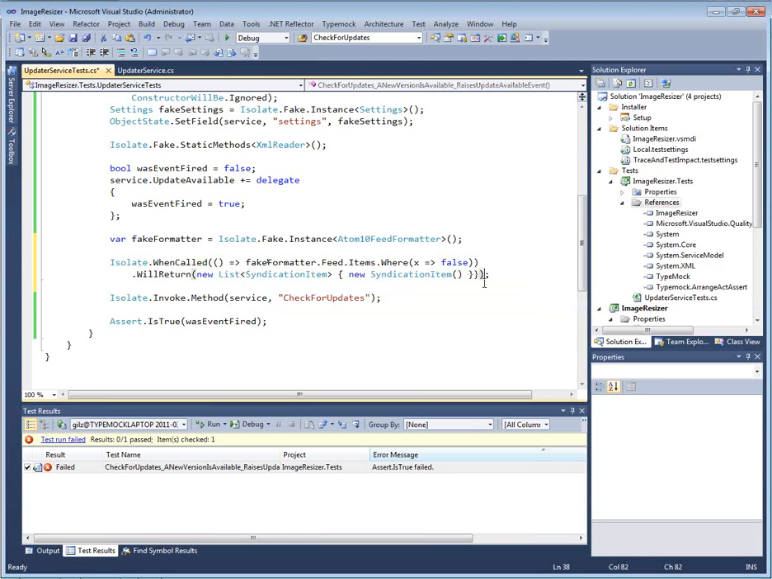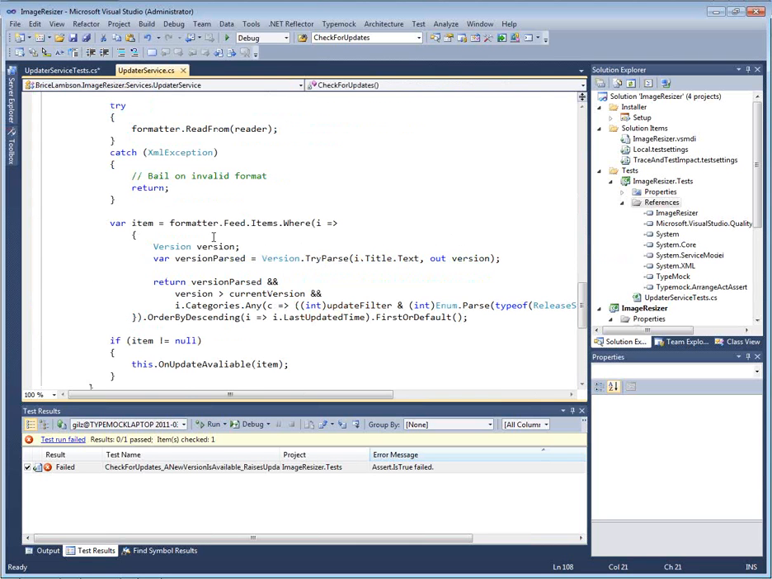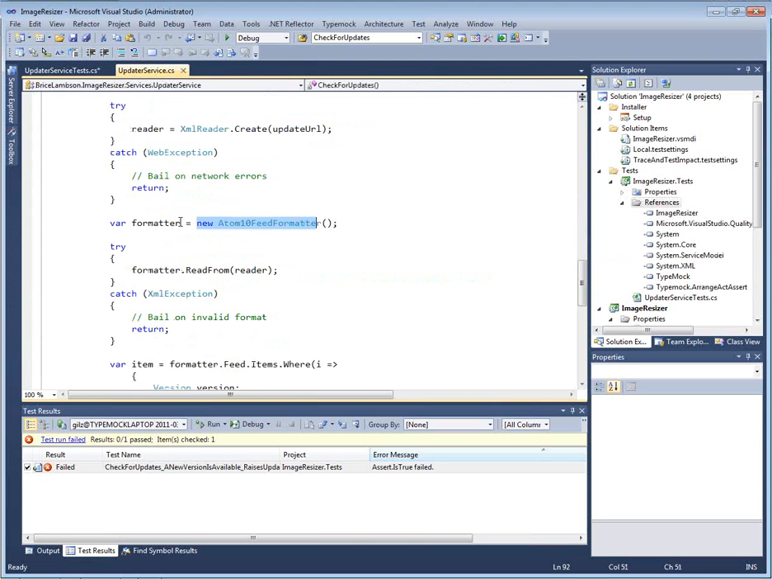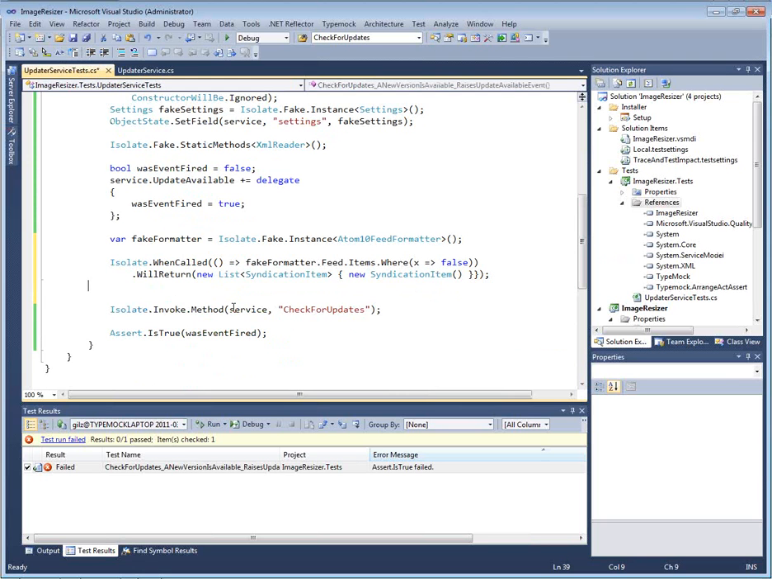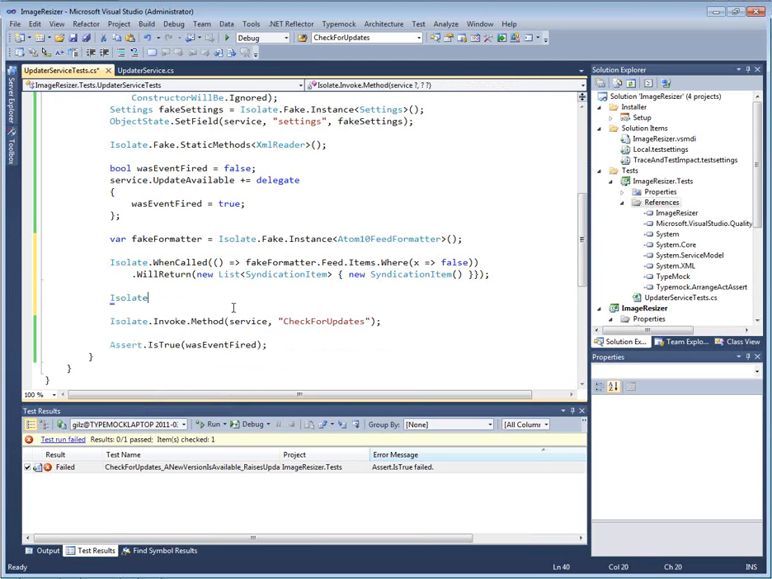And now, after I've done it, there's one more thing missing. I've done it on the fake formatter. I need to somehow replace this new formatter with my fake one. So Isolator again has an API for this. It's called the swap API. So I can instruct Isolator, isolate.swap. Oh, yeah. So I can say isolate.swap.text